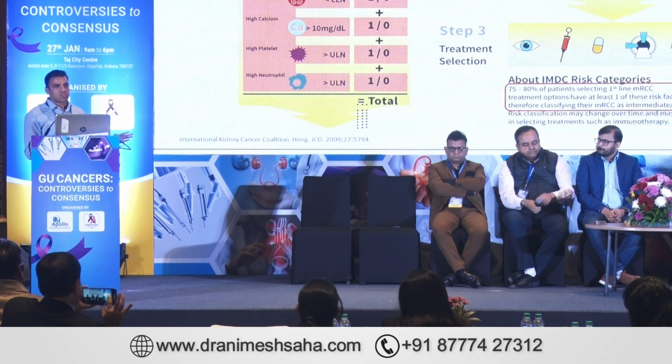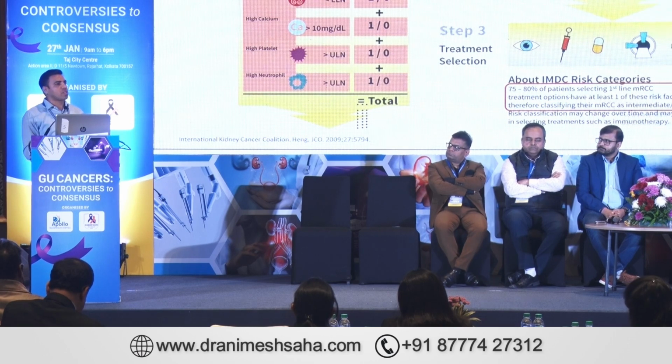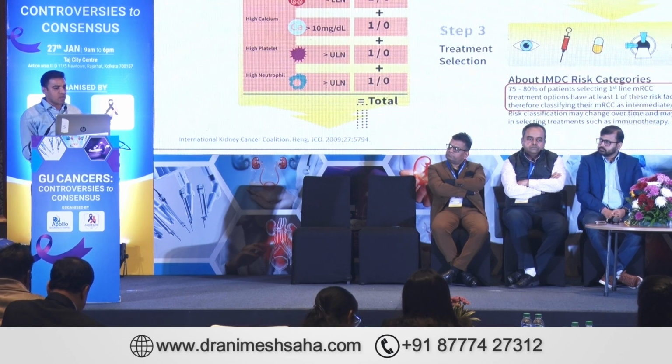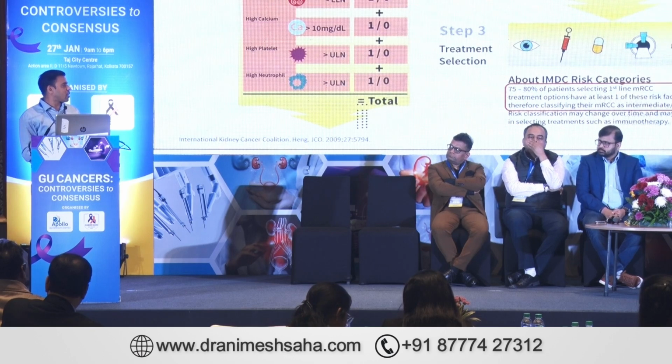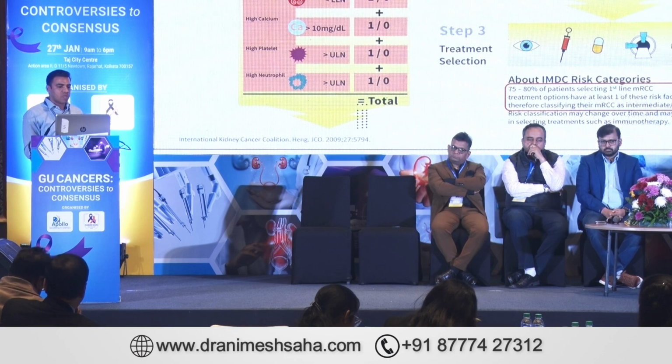Perfect. So what he means to say is that although IMDC has been universally used, even with immunotherapy we have data that IMDC stratifies into 3 categories with 3 different outcomes. Still, it is not the absolute risk stratification. We also have to consider the disease burden and how symptomatic the patient is. One more important point is that all the parameters other than the time from diagnosis could be affected by things other than the disease per se. So when we take all of these things into consideration, we have to plan the treatment.